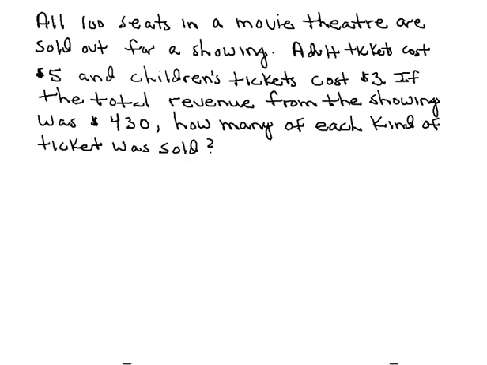We're told that all 100 seats in a movie theater are sold out for a showing. Adult tickets cost $5 each and children's tickets cost $3 each. If the total revenue from the showing was $430, the question we're asked then is how many of each kind